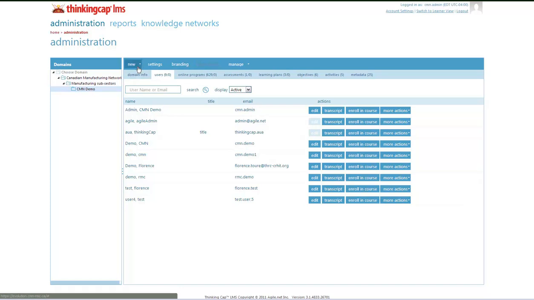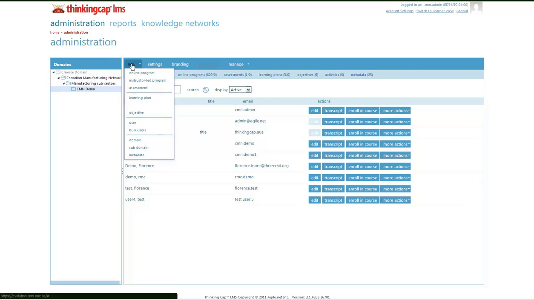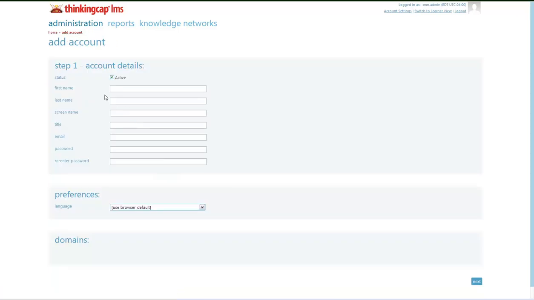So the first thing is how to add a new user, an individual new user. So I will click on new and then user. And I have a page here where I can fill up information. So I'll go ahead and just use a demo. I'll just create a demo account just for this clip purpose. So first name, last name,